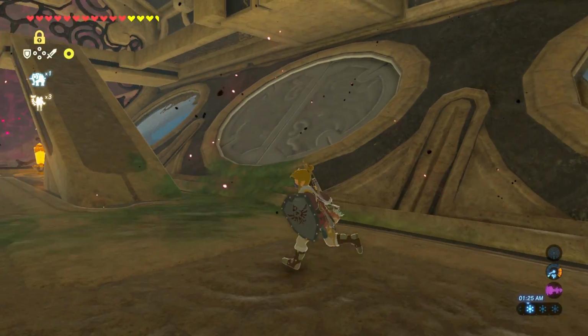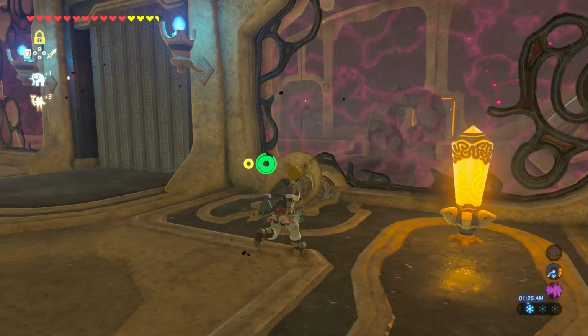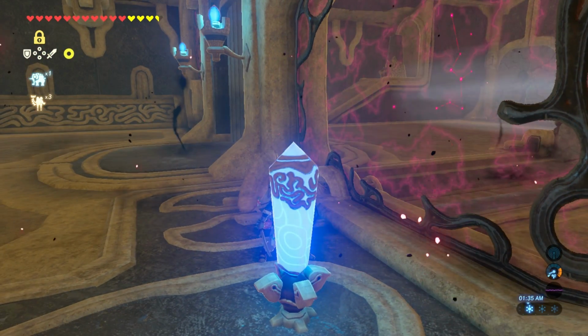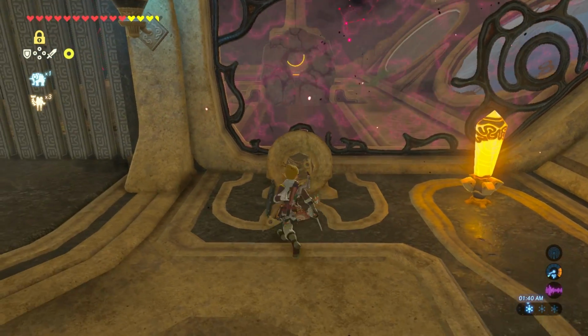Alright, so there's... Ooh, I see another one of these little bomb slots, and this thing, what does this do? Ah, wind. Interesting. Okay. So let's start with...